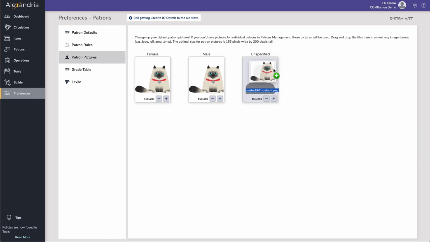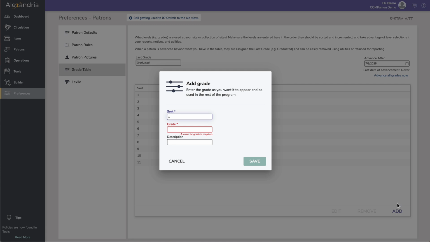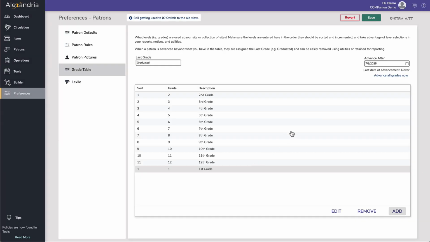Change the default pictures for all patrons under Patron Pictures. Use the grade table to customize the grade levels relevant to your district or site in the order they should be sorted and advanced. Grades in Alexandria can be used to search and sort patrons and run reports and utilities by specific grades. This is also where you will come to advance patron grades at the end of the school